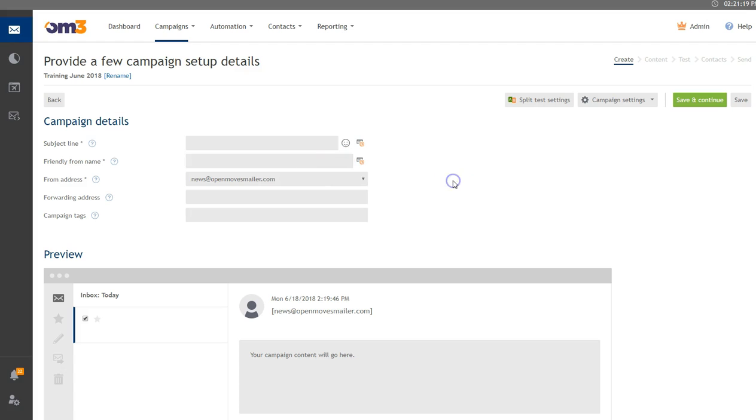Hello, we are in the first step of creating a campaign. In this step, you'll be entering the campaign's subject line, the friendly from name, from address, a forwarding address, and campaign tags. So starting here with subject line,